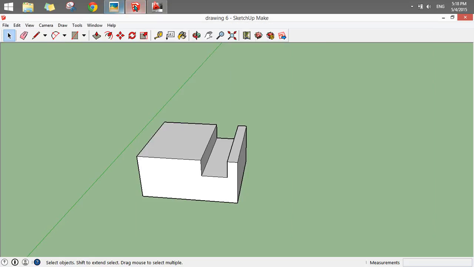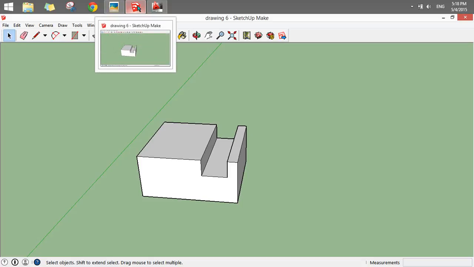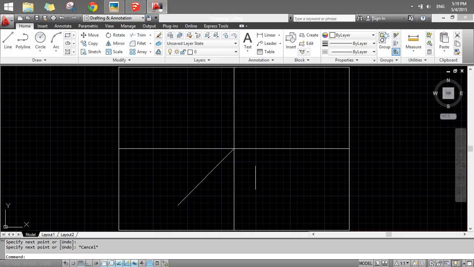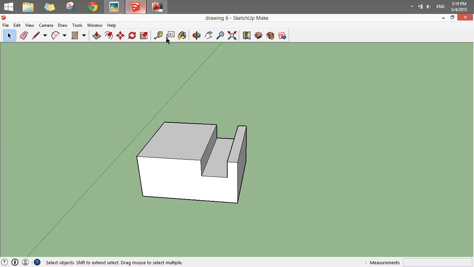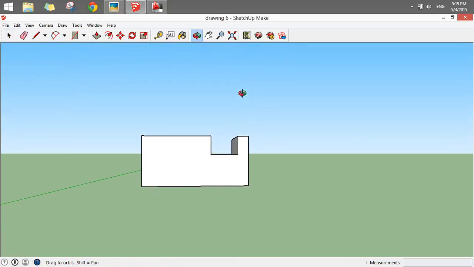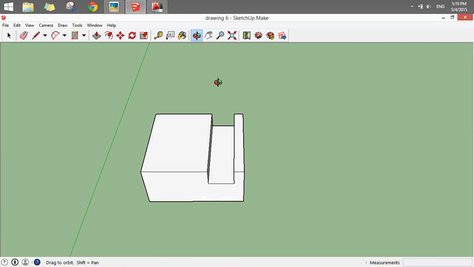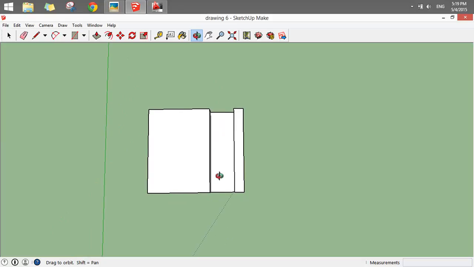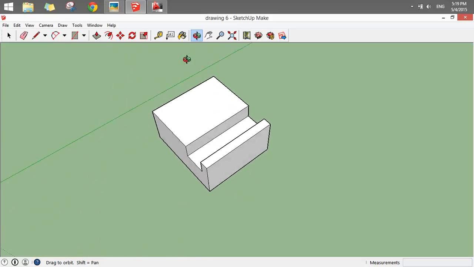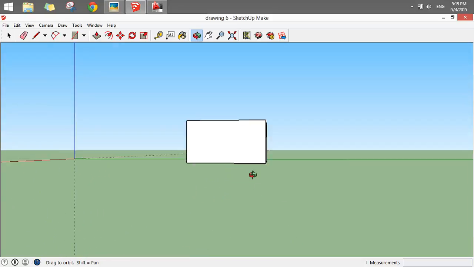So in orthographic view, you have drawn a sheet divided into 4 equal parts, and drawn a line at 45 degrees in the third quadrant. Now to begin with, first of all, we have to decide its two sides which are of equal length. So in the first quadrant, we will be drawing its side view. In the fourth quadrant, we will be drawing its top view, and on the second quadrant, we will be drawing